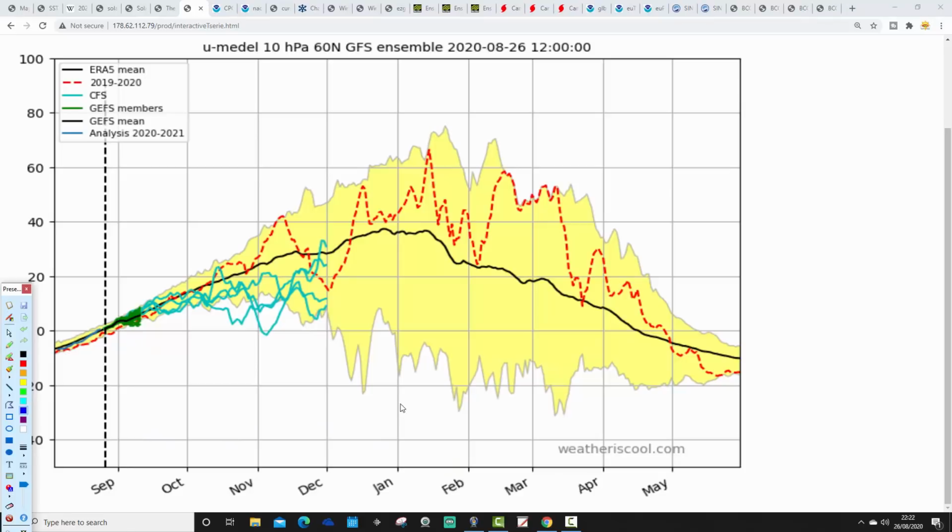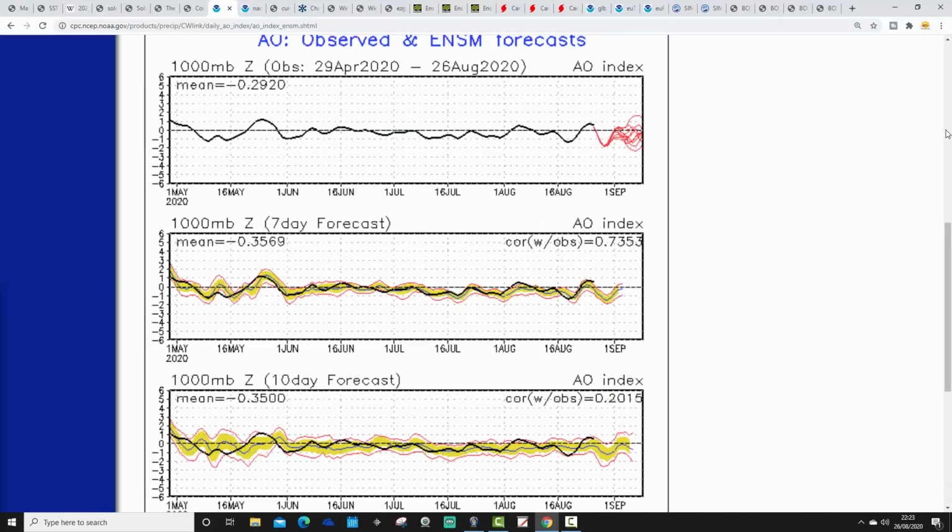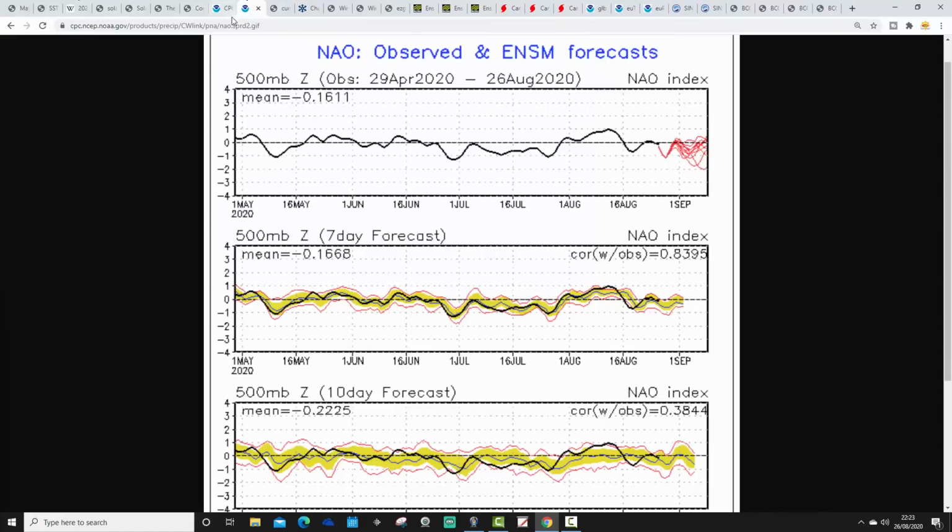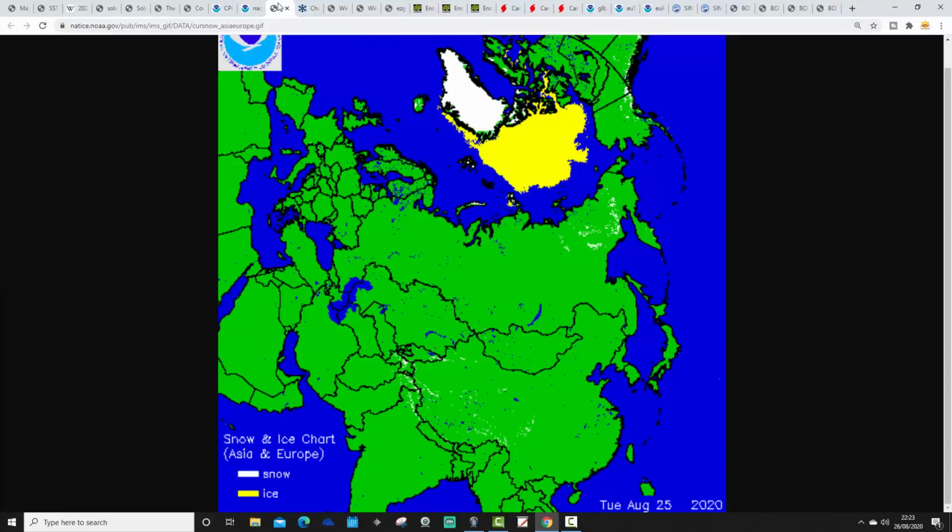but we should keep a close eye on the zonal winds, and of course we will keep a close eye on the Arctic and North Atlantic oscillation as well. Will we see the AO staying as it is right now, neutral to negative, or will we see it taking off into positive again? If it goes off into positive, does that mean we're going to have another mild winter with another polar vortex of doom? Or will we see the NAO going negative or staying neutral or going positive? We'll keep a very, very close eye on what the AO and the NAO are doing over the next few months. And of course, as ever, an old favourite, we will be keeping a close eye on Siberian snow cover.